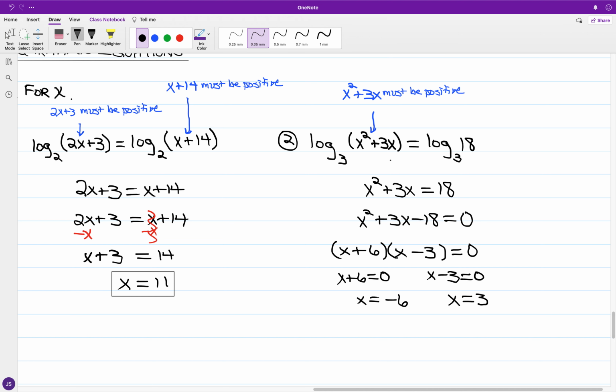Okay, so now for the square, negative 6 squared is going to be a positive 36. 3 times negative 6, okay, is negative 18. Now, you have 36 minus 18 becomes positive 18. So negative 6 qualifies. And for 3, 3 squared is 9. 3 times 3 is 9. 9 plus 9 is 18. So the input values of x with negative 6 and 3, those come out to 18, which results